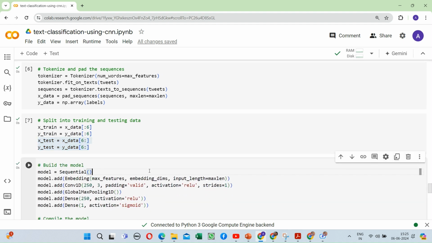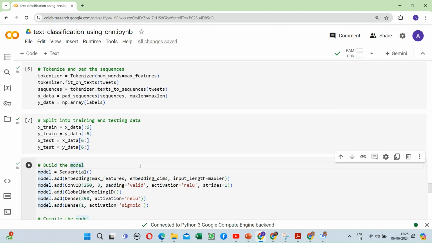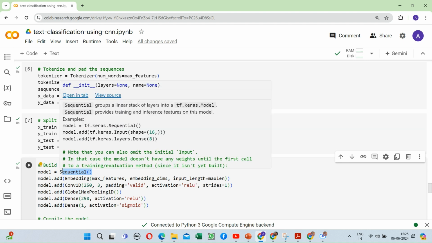Because it is the sample data, I'm showing it like this. This is how the data is split into train and test data sets. Once this is done, we are entering the most important step, which is defining the model. Coming to building the model, we are specifying that our model is the sequential model, which is